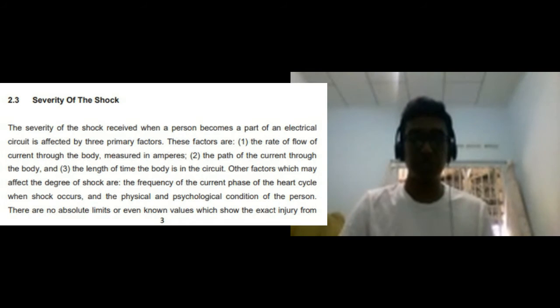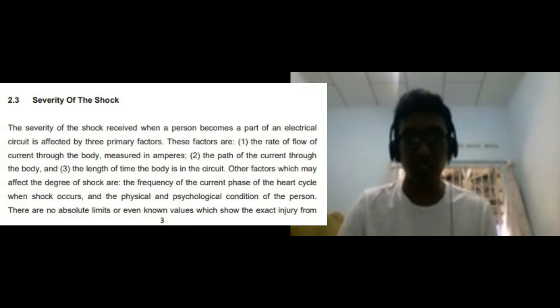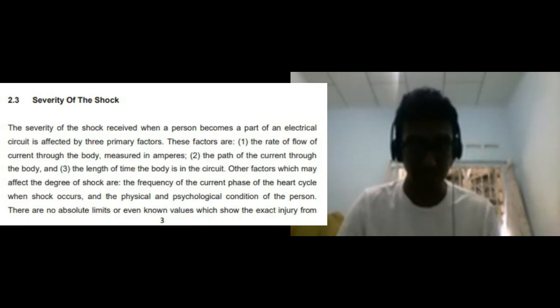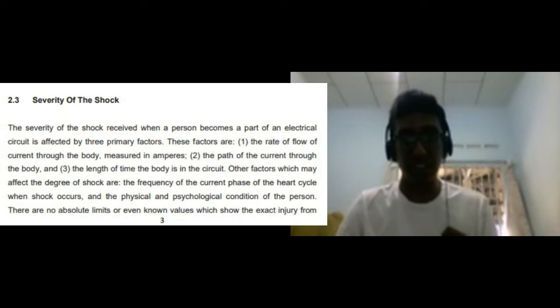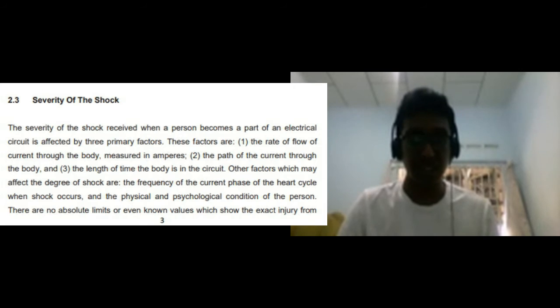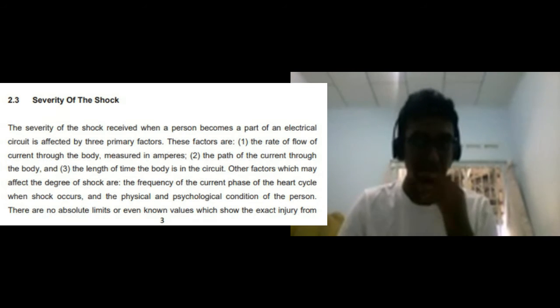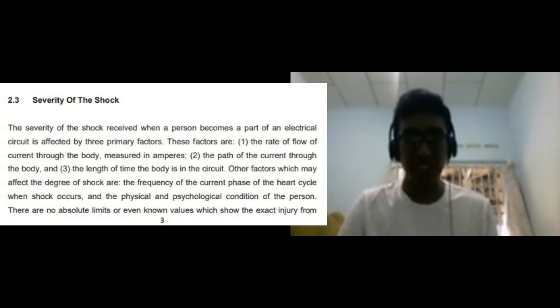The other factors which may also affect the degree of shock are the frequency of the current, the phase of the heart cycle when shock occurs, and the physical and psychological condition of a person. There are absolutely no limits or even known values which show the exact injury from any given amperage. Here you can see the standard